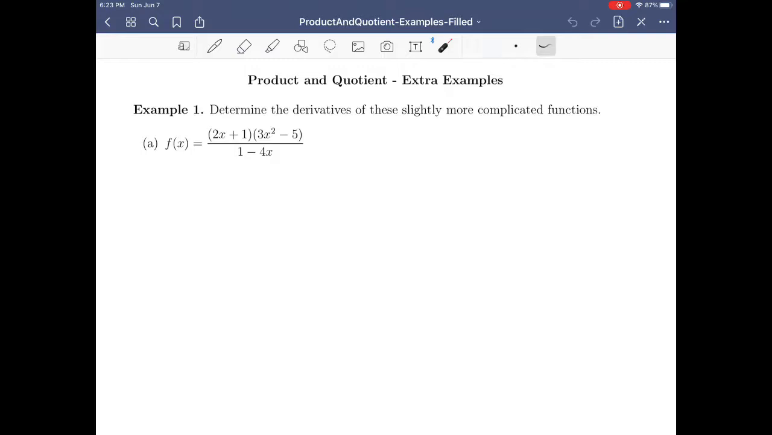Now remember, like I said, you could FOIL this out and then avoid the product rule. But sometimes we won't be able to do that, and that's when we have the chain rule. So for now, we're kind of stuck with this, but just for practice, we're going to try it this way. So let's